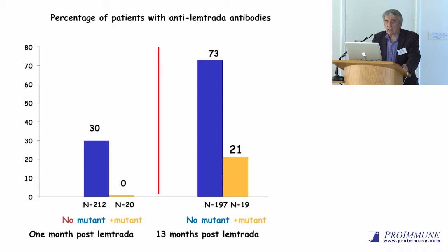The principle, we think, is relevant because we've gone back to patients with multiple sclerosis in collaboration with Alistair Coles and Cumston, the neurologist. What you'll see here are studies where they've taken the mutant, there in yellow, and if they pre-treat patients with the mutant and then give them Lemtrada, after the first course of 5 injections, they can't measure really much in the way of antibodies against the therapeutic Campath given a